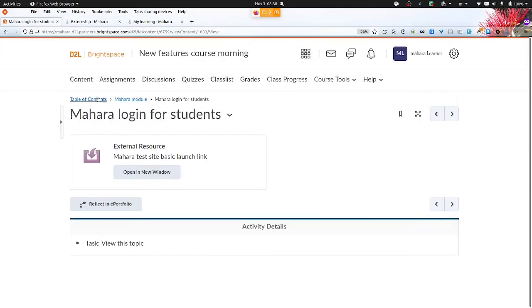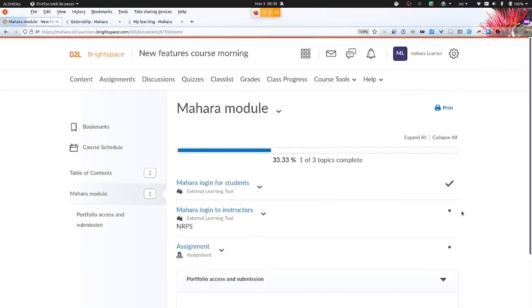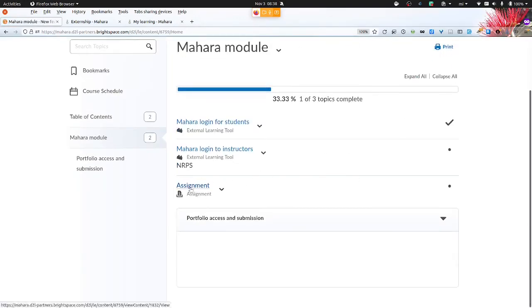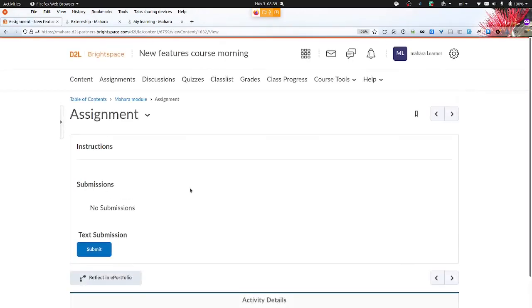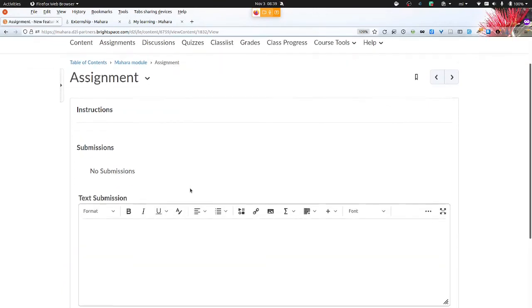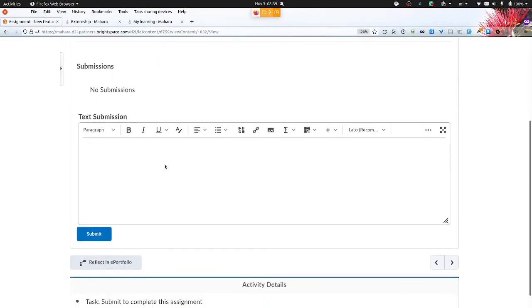And then when I go back to the learning management system side, here in this course in Brightspace, we've set up an assignment. And that is a normal Brightspace assignment. In this case, the important thing is to choose the text submission, because what we can do is then include a so-called quick link.